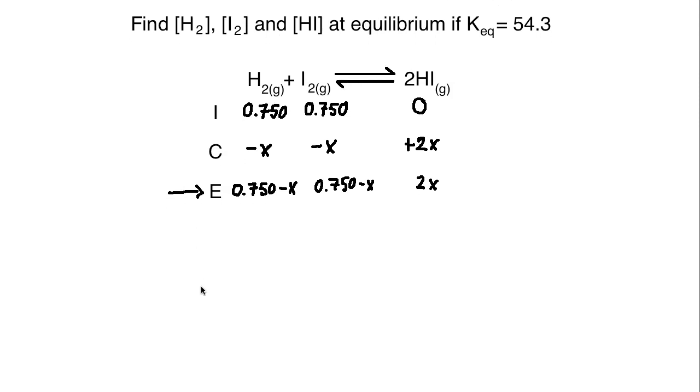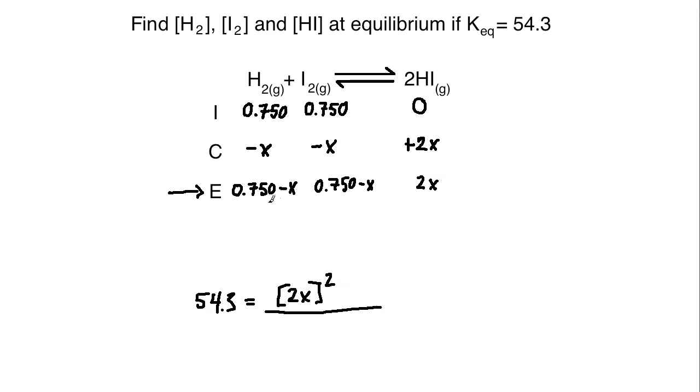So now I want to set up the equilibrium expression and set it equal to Keq. So the problem tells me that Keq is equal to 54.3, so I can write that here. And that's going to equal, so it's products over reactants. The HI is represented as 2X at equilibrium, and that 2X term is going to be squared because there's a 2, and we always raise our exponents to whatever the value of the coefficient is. Okay, and that's going to be over